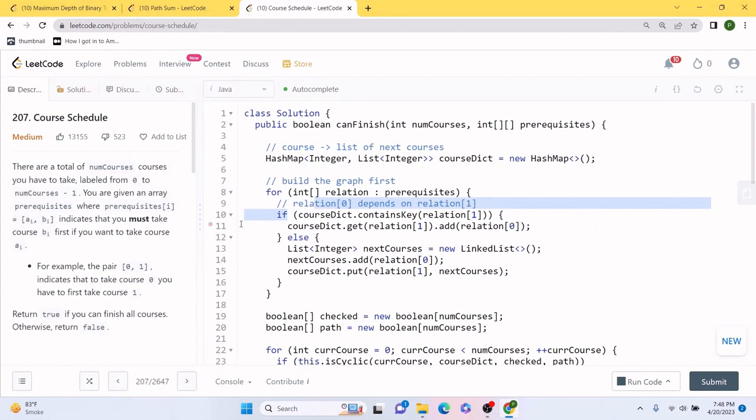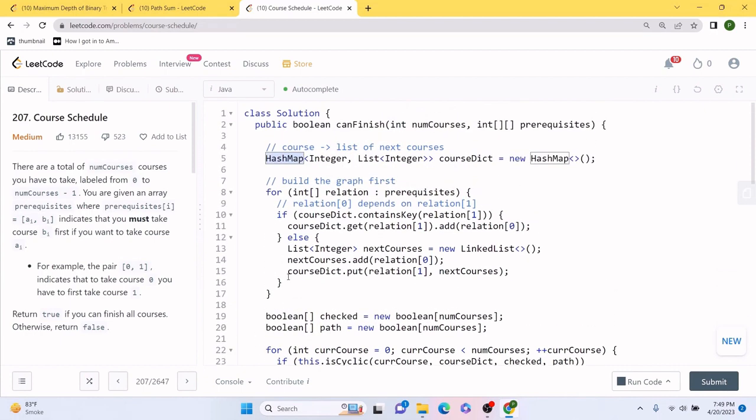Now in the course schedule problem, we are not given by default a structure that looks like a graph. So first of all, we are going to create a hash map where we keep an integer as a key and a list of integers as the value, and we are going to name it course dictionary. We are first going to build up a graph structure that we will be able to iterate, where for any given course we would have its dependencies listed inside the hash map, and the hash map is going to allow us to do all the procedure quite smoothly, because we would be able to fetch all the data in big O of one time.